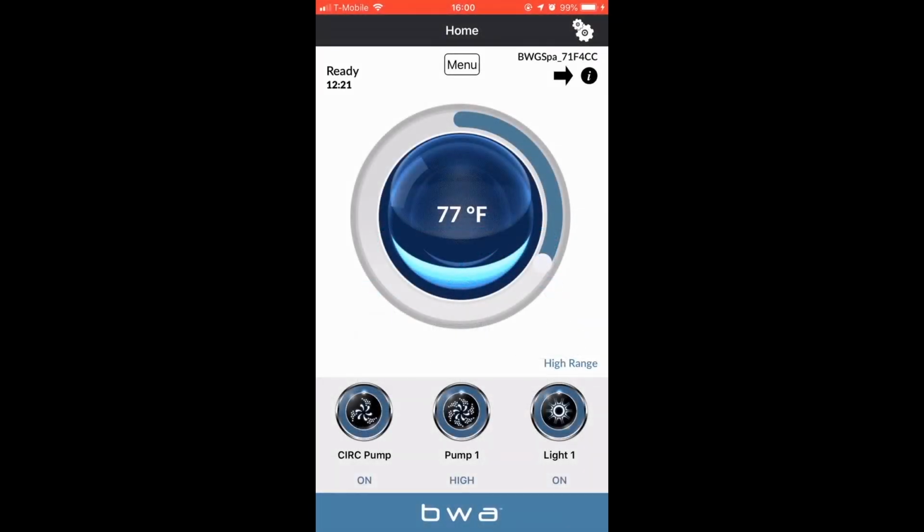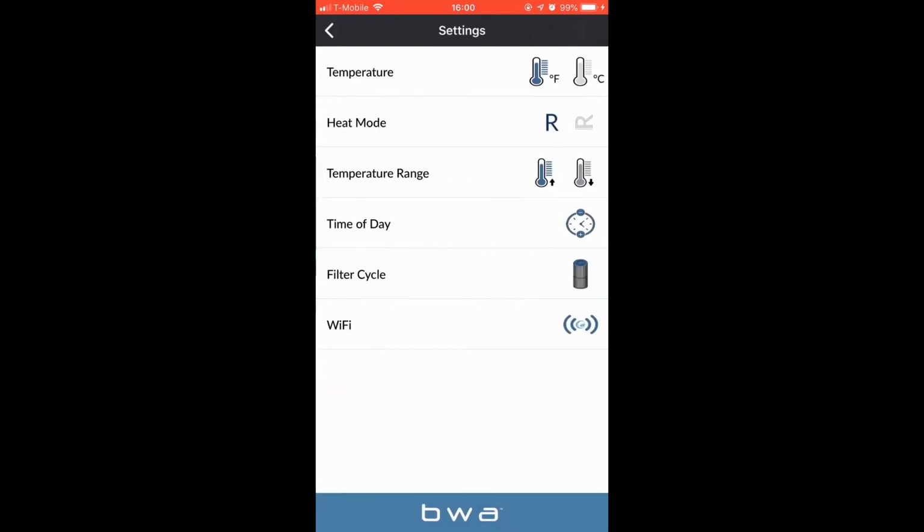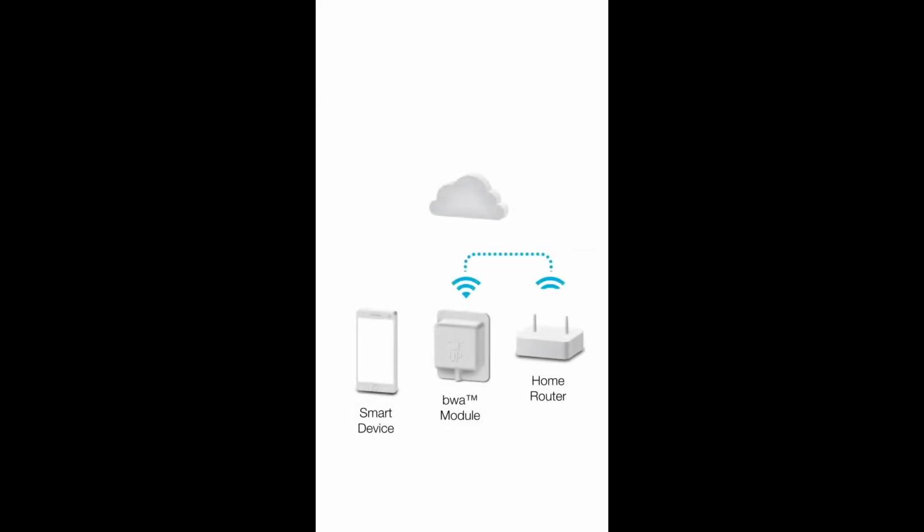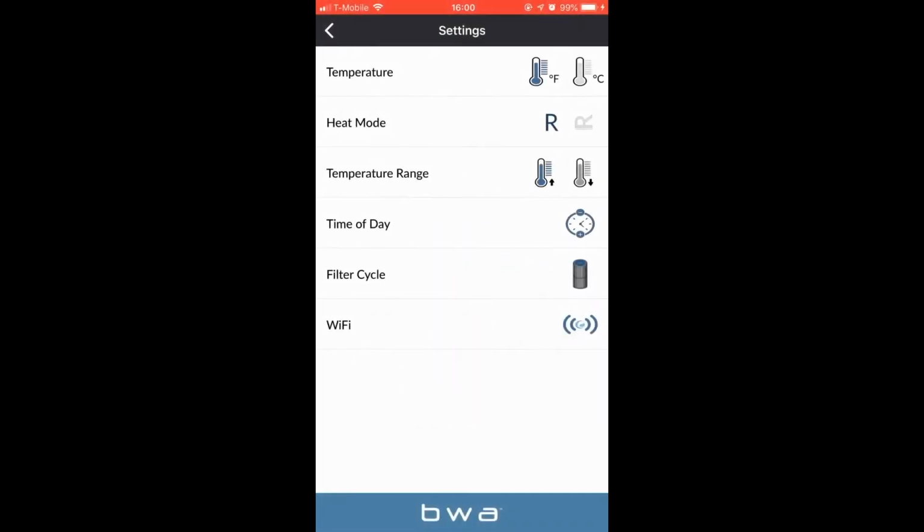Okay, I'm in direct mode, as you can see on the top right, and I want to connect my spa Wi-Fi onto the home router. Once you do that, your spa will be indefinitely connected to your home router until your home router doesn't work or it's disconnected or for whatever reason. But if your home router is going to stay on all the time, your BWA Wi-Fi will stay connected to